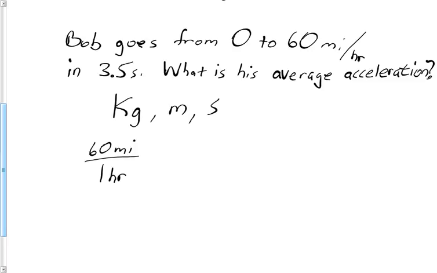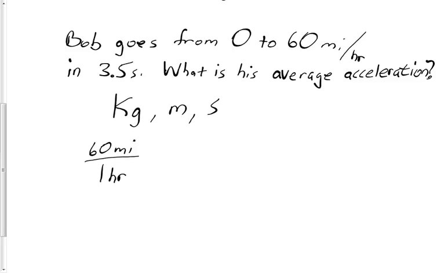I know it seems a little bit weird that there's the kilo there, but in actuality it is true to say that kilogram is actually kind of the base unit. I know that seems counterintuitive, but it is. It is how all mass is actually defined, by the kilogram, not technically the gram, as strange as that may be. So with that, we are going to have to convert this into meters and seconds rather than miles